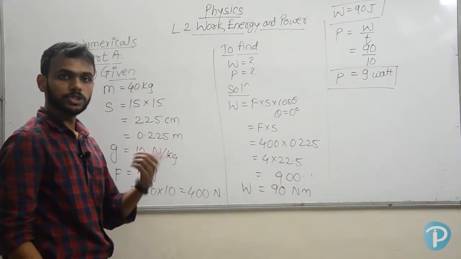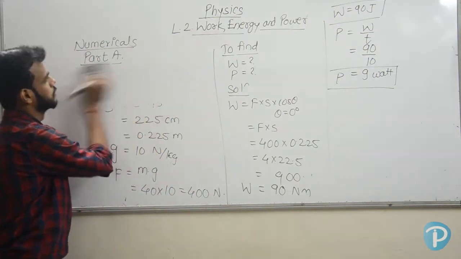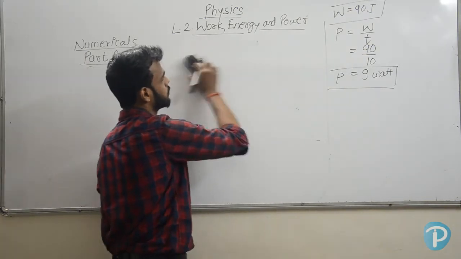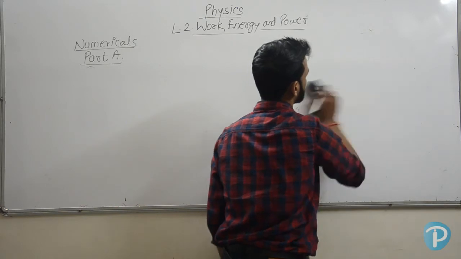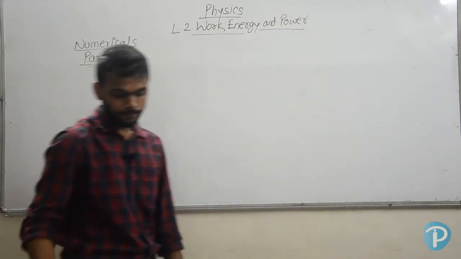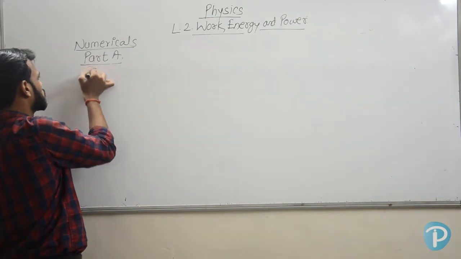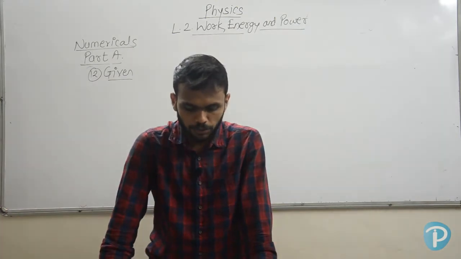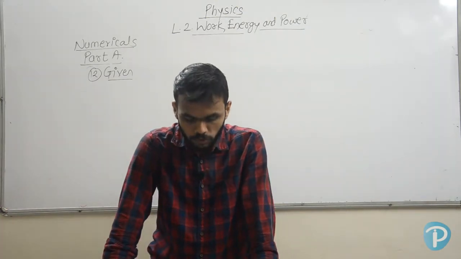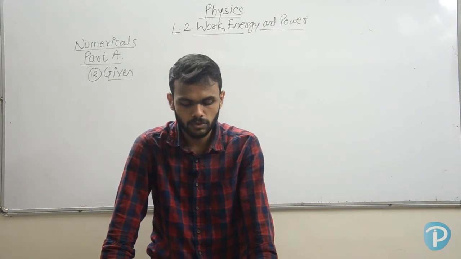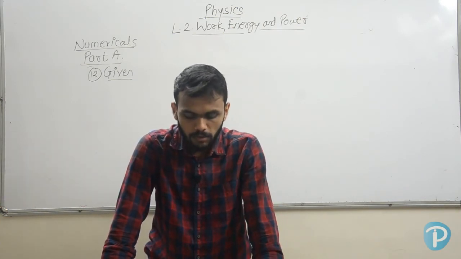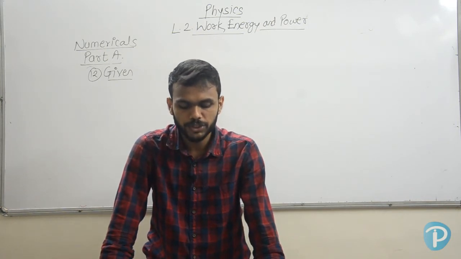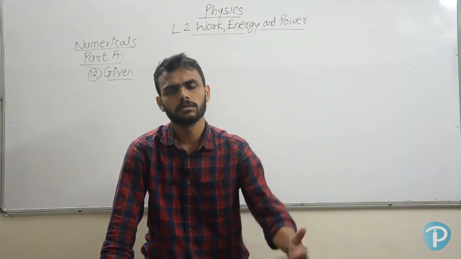Now we are going to solve question number 12 as well. In each question we are solving the work done and the power. This lesson is all about work done and the power. In the first part we are doing that. In question number 12, a pump is used to lift 500 kg of water from a depth of 80 meter in 10 seconds. We have to calculate the work done by the pump, then the power at which the pump is working, and the power rating of the pump if its efficiency is 40%. That we'll see in the third part, how to solve.